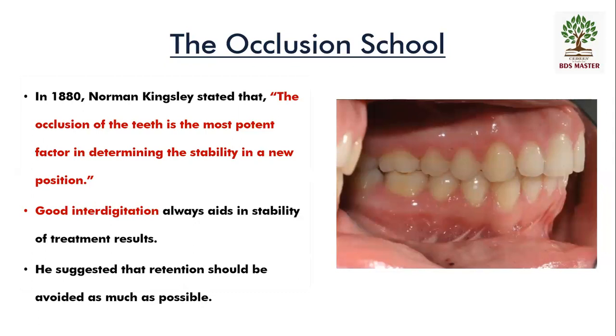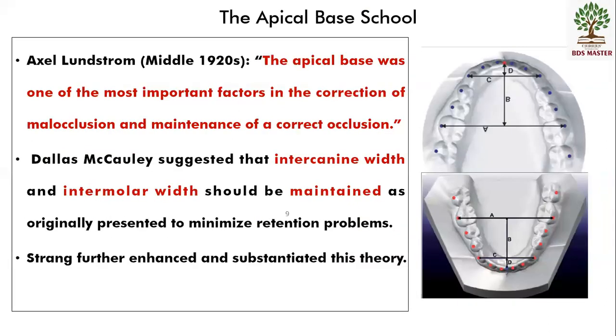So who gave the occlusion school? Somebody? Kingsley. And the most potent factor he believed was occlusion. All right. Next, you have the apical base